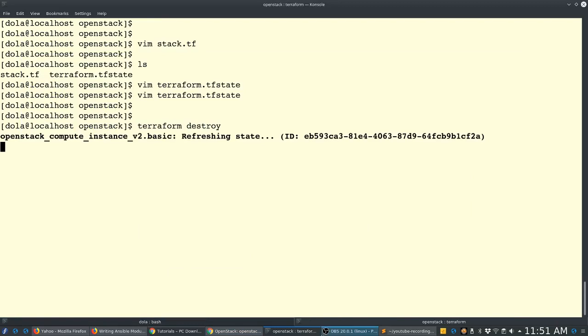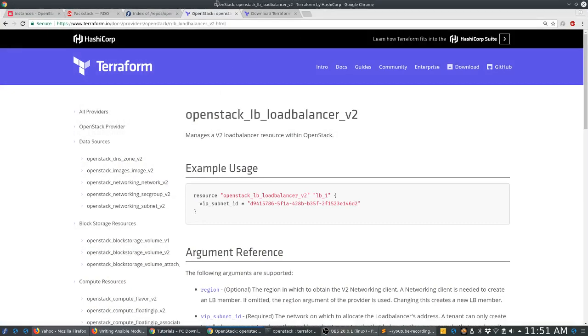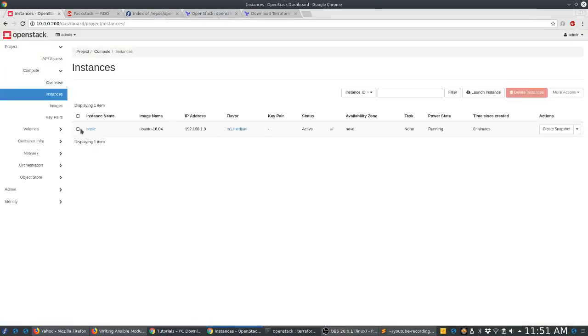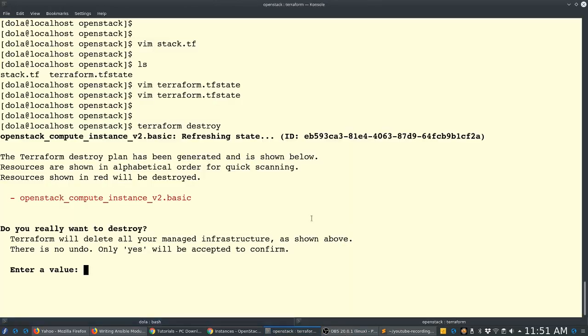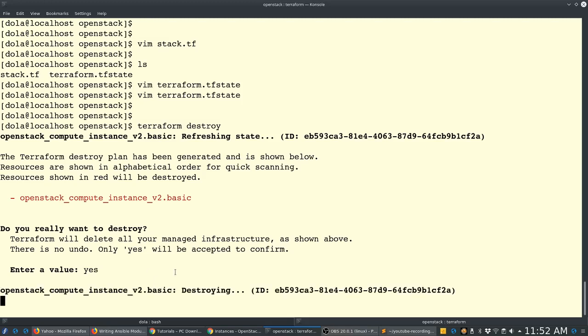What destroy will do is delete this instance. It's asking me if I am sure I want to do this. If you're in a production environment and you are trying to destroy your infrastructure, you really have to be sure. So say yes. It is going to destroy that